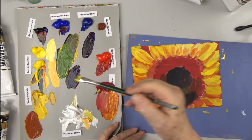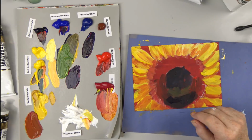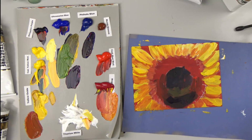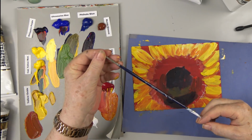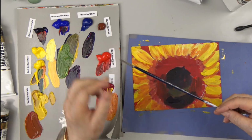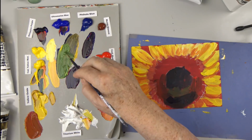All right, now this brush is going to be too big for that, I think. I'm going to need something pretty small. What have I got that's little? Some sort of little round brush. This is a 0. Well, I guess it's a 1, Bristol on 1. I'm going to wet it and just...